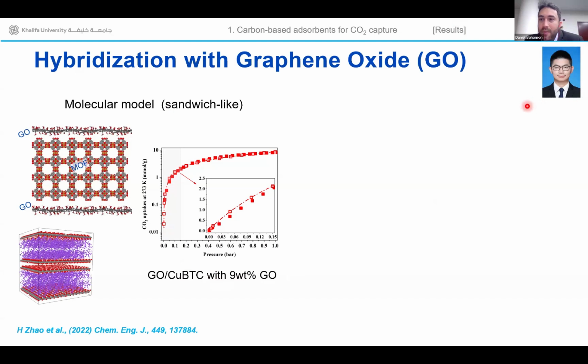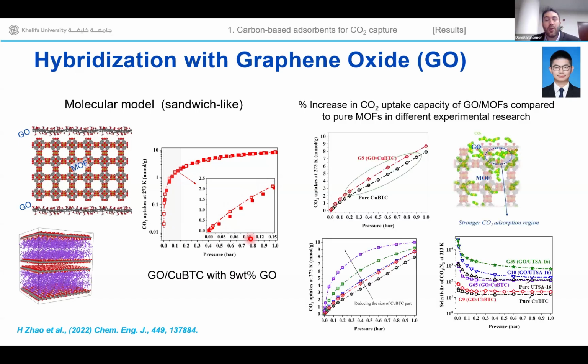These are the validations done. They were made by Dr. Hongyu Zhao. He got his PhD last year, and this is part of his work. Basically, he did the comparison, the validation, comparing the experimental values with filled symbols, and the simulations with open symbols and with the line. You might see a very good agreement.